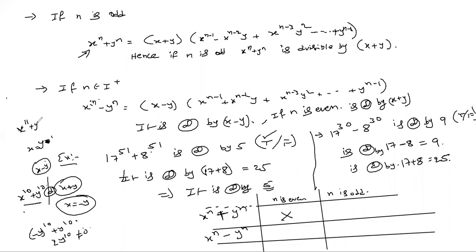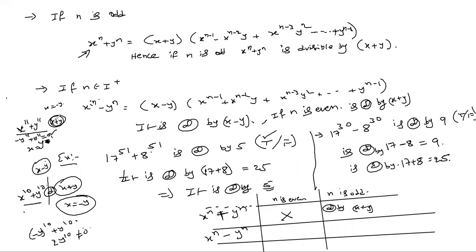11 plus y power 11. Is it divisible by x plus y? Let us check. So x equals to negative y we have to take. So negative y power 11 plus positive y power 11. You'll get 0. So remainder is 0 means it is a factor. Means divisible by, whenever n is odd, divisible by what? X plus